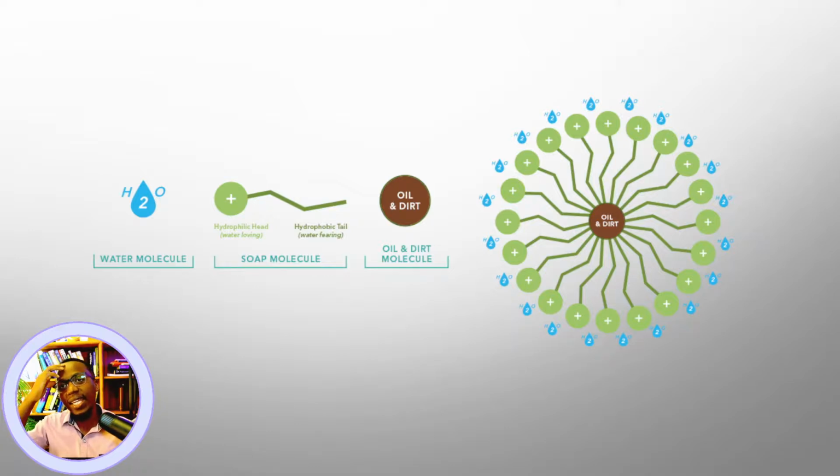And the soap, as I was saying, is good at isolating dirt, because you have oil and dirt. You have a lot of oil in the dirt. A lot of dirt will be non-polar, and because of that, our non-polar or hydrophobic tail will come and isolate the dirt. So this is like a dirt particle. It's going to be isolated so that the hydrophilic head is going to be interacting with water, and then this is going to be isolated. And you do this a million times, and that's how your soap works. All right, I think that's enough about soap, because you can say so much about soap, but all you need